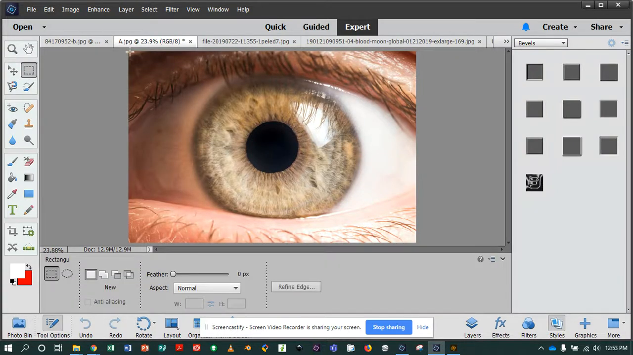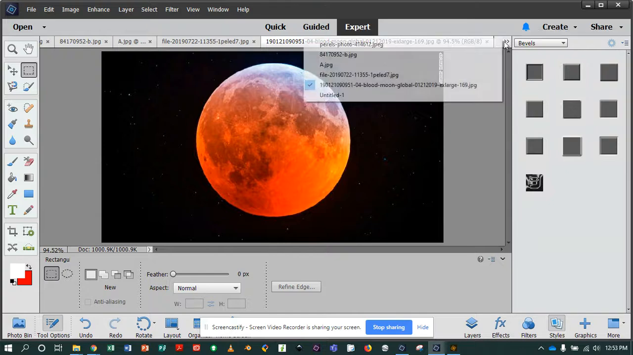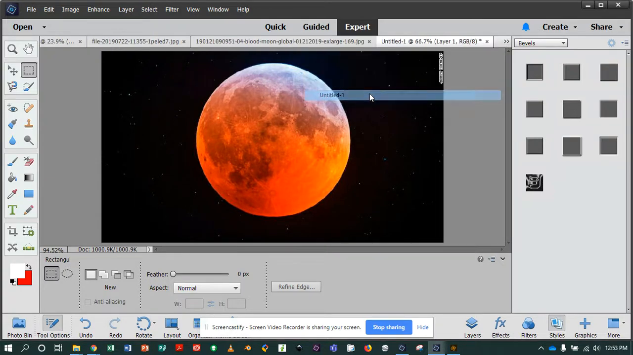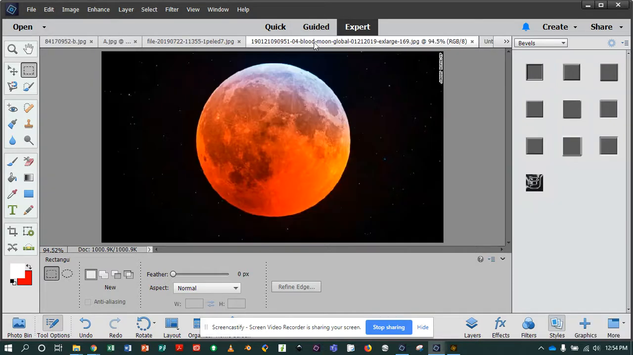So again, rectangle tool, selecting the eyeball, edit copy. Now this time I'm not going to do a new file. I don't need to. I go to my project, my photo bin here, and it's back actually, I believe it's one of these here. I'll have to find it. There it is. So I'm going to select edit,